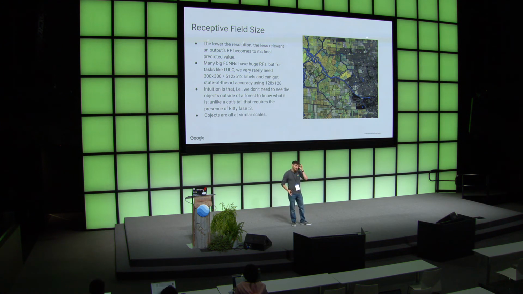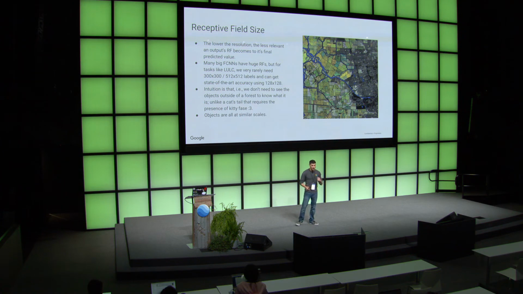That's not the case in remote sensing imagery. We can look at a pixel, well, I should say with a caveat, unless we're looking at really large objects like atmospheric or meteorological objects. Then that starts to become a little bit relevant. But when we're at really low resolution, our receptive fields are way less.